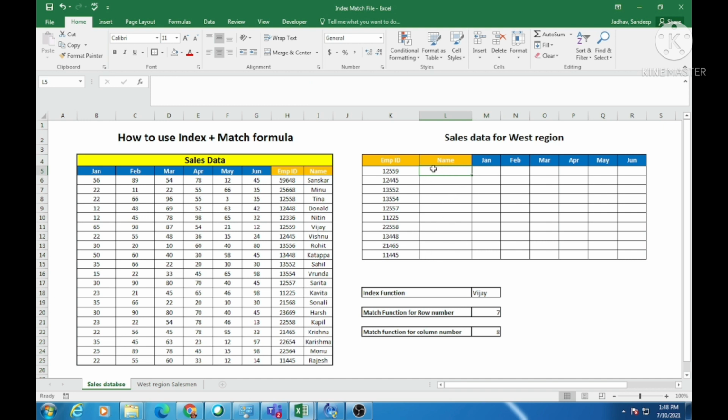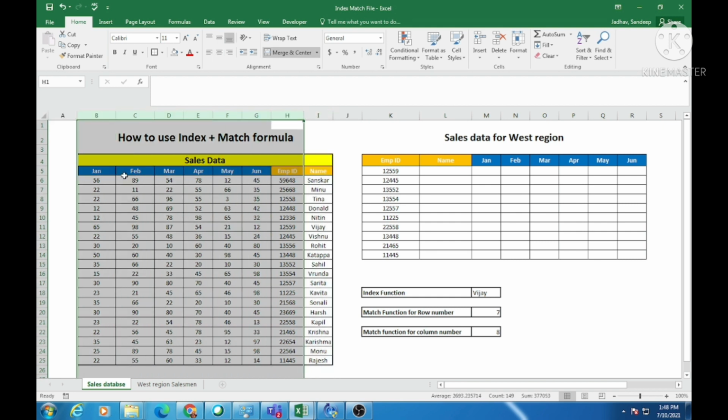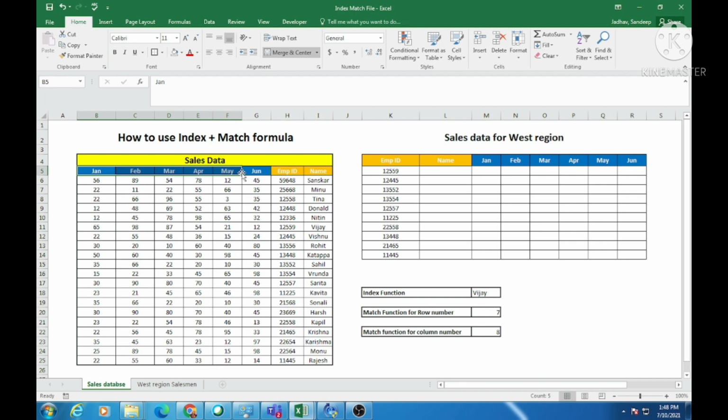Now we will be creating the formula in one cell, which I will copy here and here, and I will get the correct values. Whether my corresponding value falls on the right hand side, as in this case, or the left hand side, as in the case of all other months, I can still extract the value with the help of index plus match, which I am going to do here in one cell and copy to all other cells.